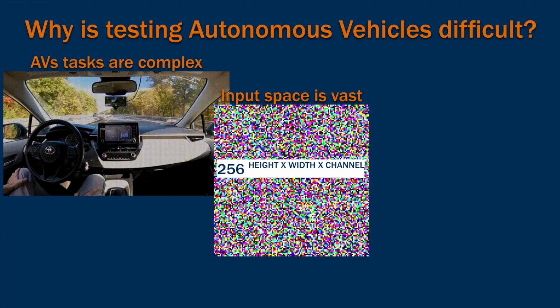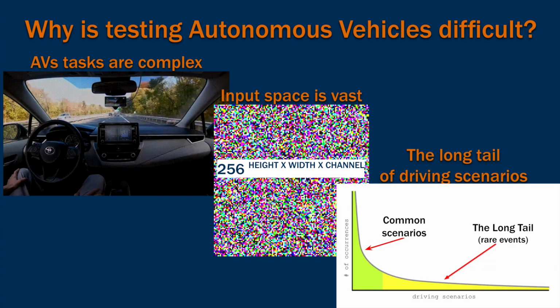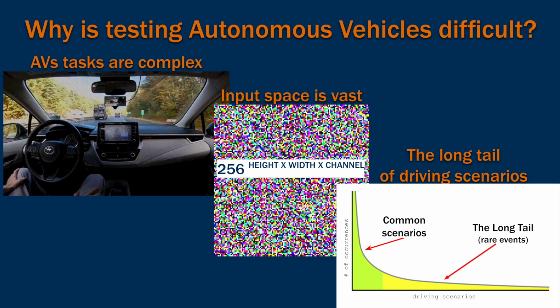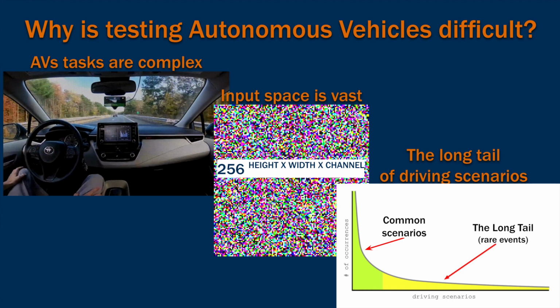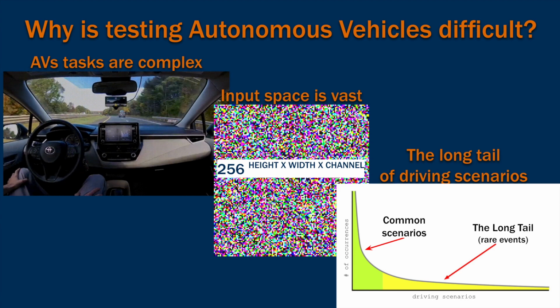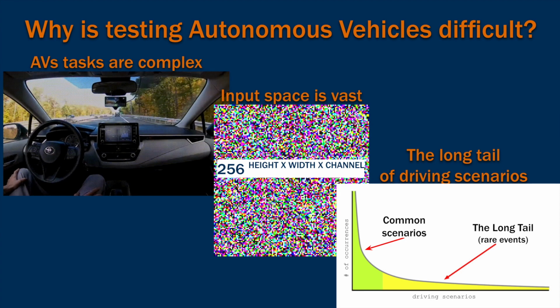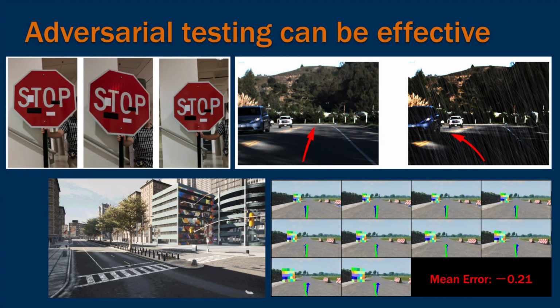Most of that space is noise, and constructing semantically meaningful images has proven difficult for even the most sophisticated diffusion models. Furthermore, the long tail of driving scenarios ensures we cannot test the input space exhaustively, only strategically. With the growing prevalence of AVs, these rare events in the long tail occur more and more frequently, and the long tail of driving scenarios is ultimately what drives the case for adversarial testing of autonomous vehicles. Adversarial perturbations like these can give you a measure of the local robustness of the onboard neural networks relative to the input set used to derive the perturbation, but they do not always result in system-level consequences like crashes or misbehaviors. On the following slides, I'll show you an example of what I mean.